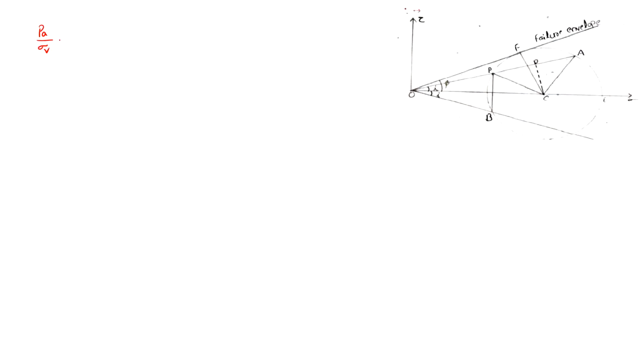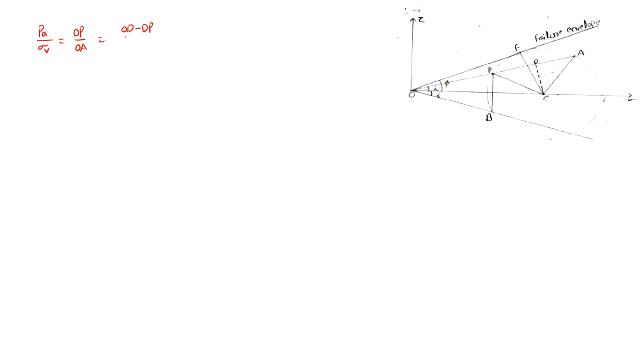This is the vertical stress. Pa, I will write, OP divided by OA. Instead of OP, we can also write the OB value, because the distances OP as well as OB are the same. Instead of OP, I will write OD minus DP. So I'm taking OD here. We have to observe the diagram. From the distance OD, we are subtracting the DP value. Then we can get the OP distance.